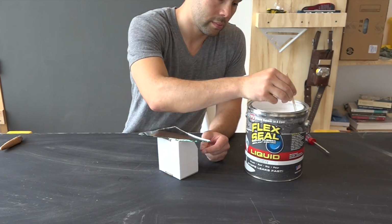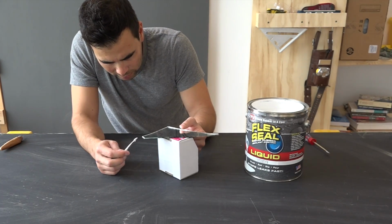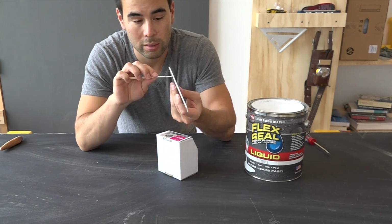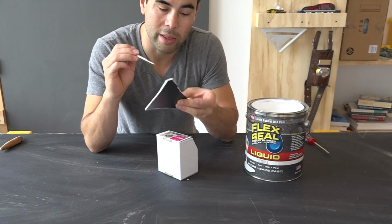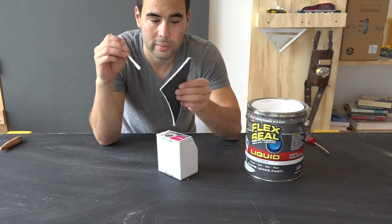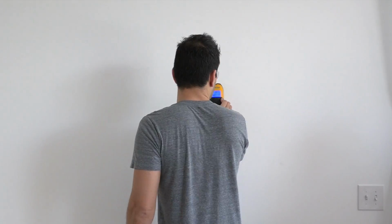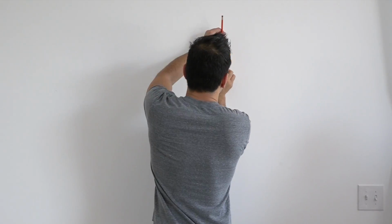And if you're really worried about the glass being too sharp, you can paint the edges with a coat of Flex Seal. It's this sort of like rubberized liquid. You just paint it right on and then it creates sort of a rubber coating that covers up the sharp edges of glass. I want to make sure that the shelf is securely installed, so I use my stud finder